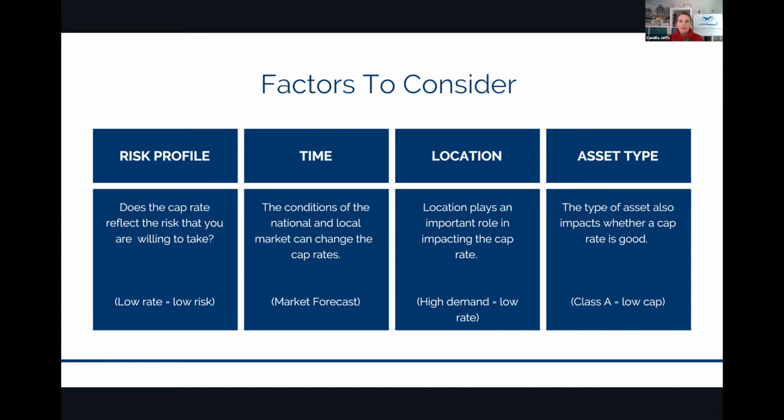So one of the things that you can look at is market forecast. Is the forecast for that market one that it will continue to grow, right? Or is it one that it will not grow? So Phoenix, Arizona, for example, I was looking at a market forecast, and it shows that by 2030, there will be 720,000 new jobs that have entered that market. So that tells us, okay, that's a great place to invest because it's still growing, and of course, a growing market means people need places to live. And so that's what we can do as real estate investors, is we provide those places to live.